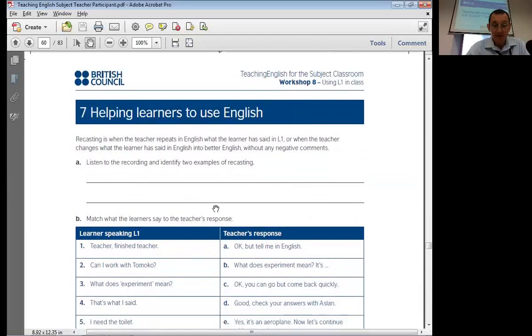Stage 7, helping learners to use English. Now for this, you're going to need to explain the technique of recasting. This is when a learner says something in their mother tongue, or they say it in English but with lots of errors, and the teacher